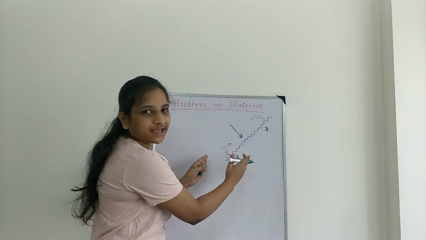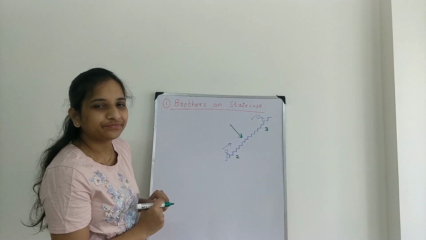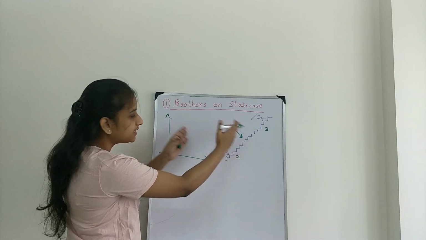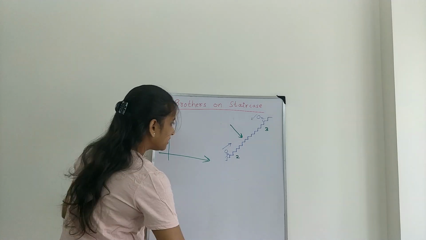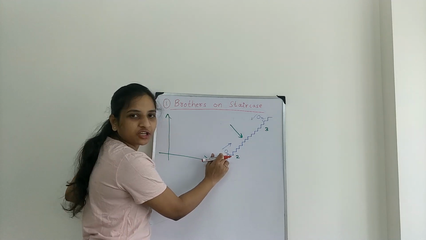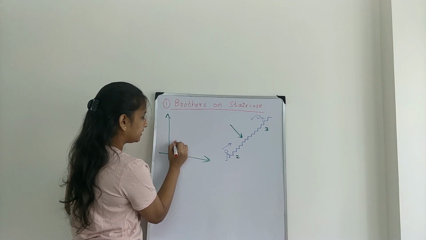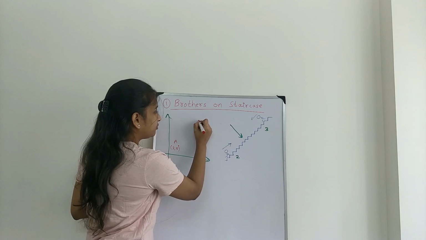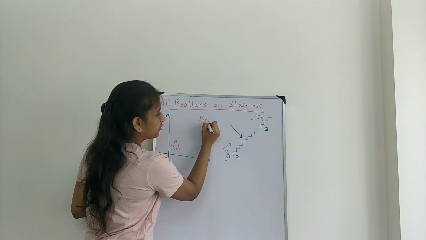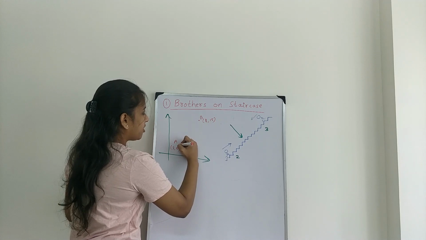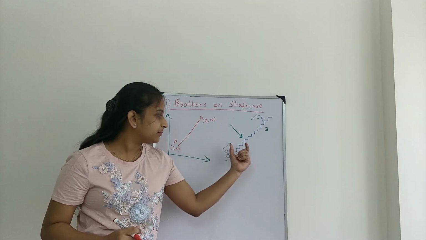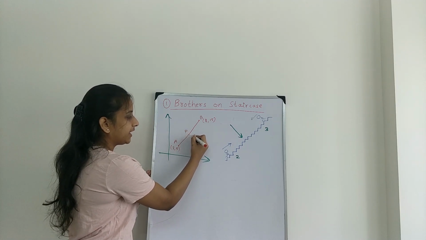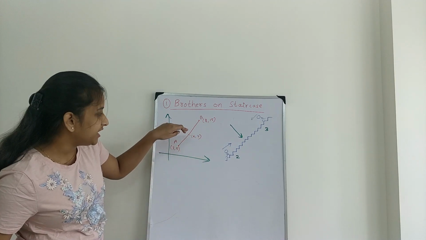Let's look at this example mathematically. I am quickly drawing Cartesian plane, positioning these brothers here. Say the position of this brother is A, 3, 5. Position of this brother is point B, 8, 15. And the line joining this AB is nothing but staircase. At one point they will meet. Let's say this is point P, X, Y. We need to find this point.